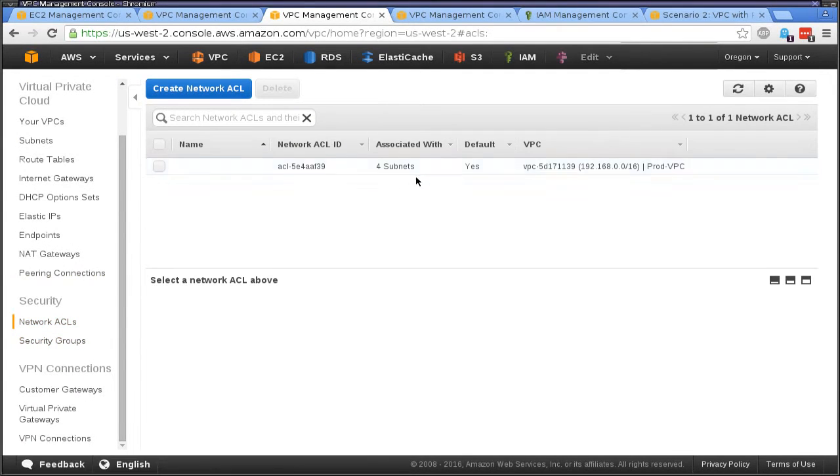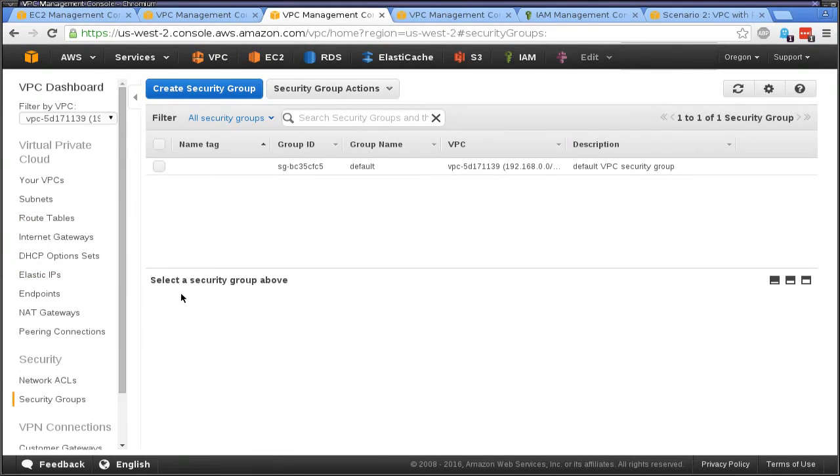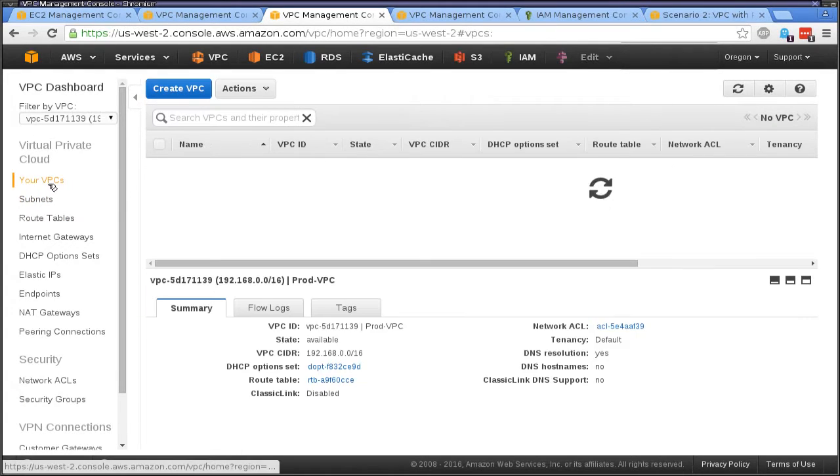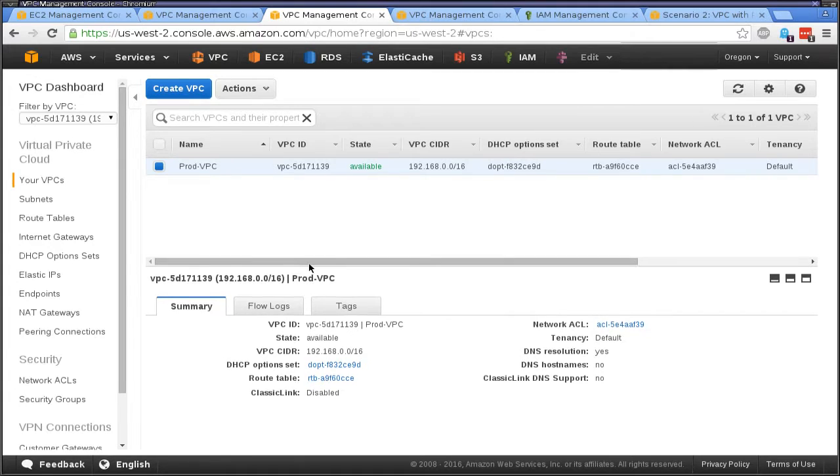This is just the default stuff that gets set up. We don't have to change any of that. Same with security groups. We'll handle the security groups when we set up our instances in the EC2. And we're not going to do anything with VPN in this because that's kind of outside the scope of this particular tutorial. So that is the full creation, front to back, of a multi-zone